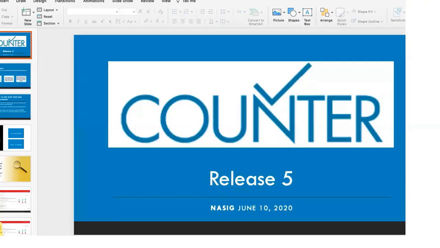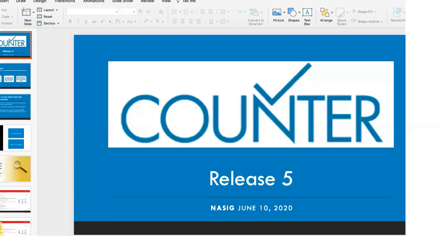For those of you that are not totally familiar with Counter, Counter is an organization that works to try to normalize usage data across content providers for librarians, and working with platform providers and publishers to do this. Right now, the majority of the providers that many academic librarians work with are readily available in Release 5 for the data construction.